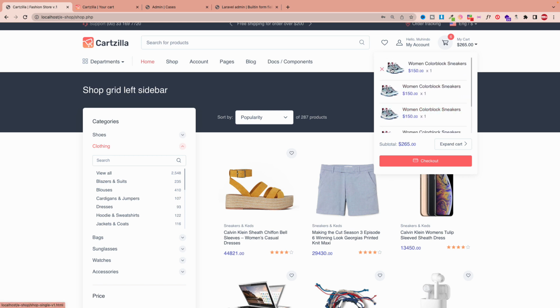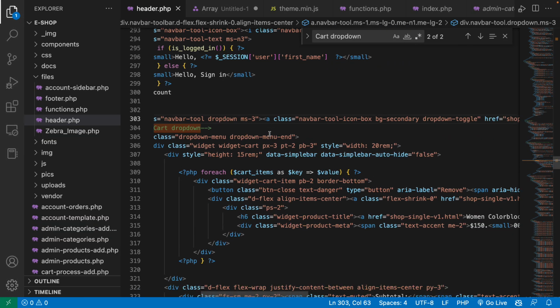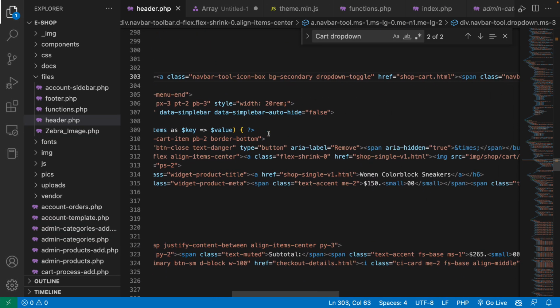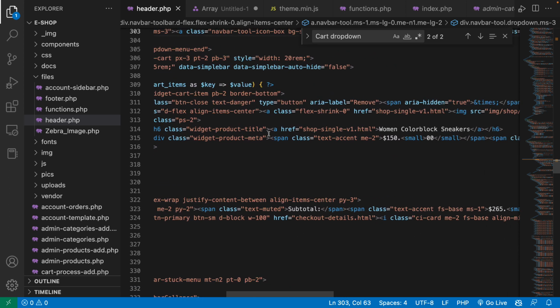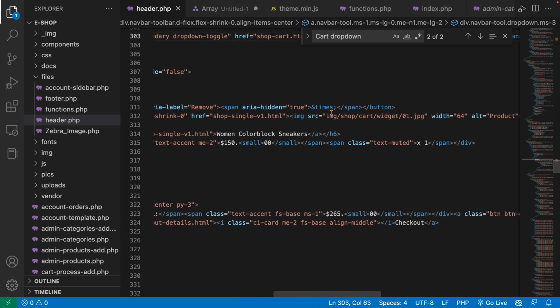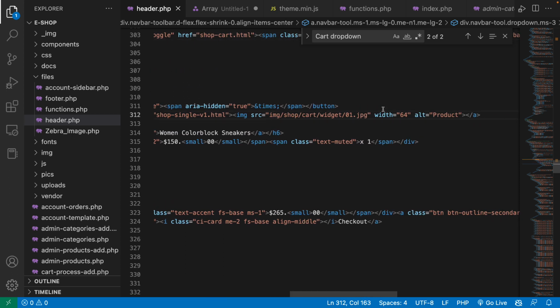So let's go ahead and put the right name, the right price, the right quantity, and the right photo. Let's begin with the photo. So I'll come here where the photo is. Let's look for it. The image, it is here. Okay, IMG. This guy here. So let's go ahead and put a PHP